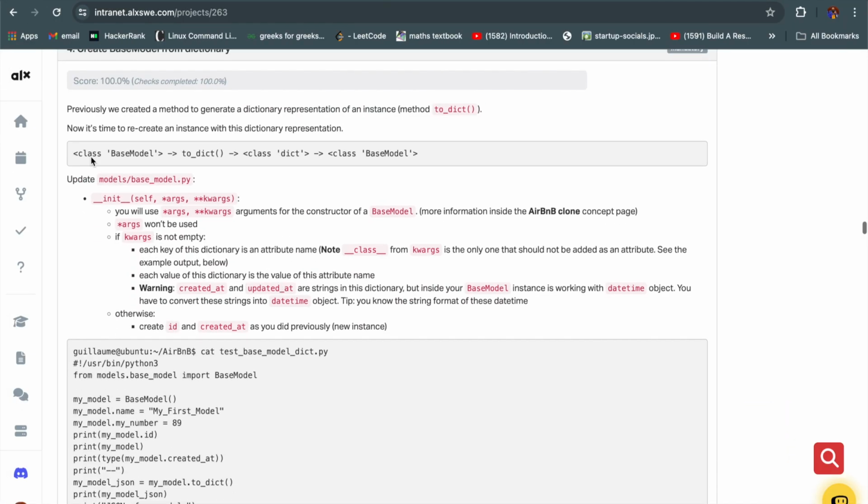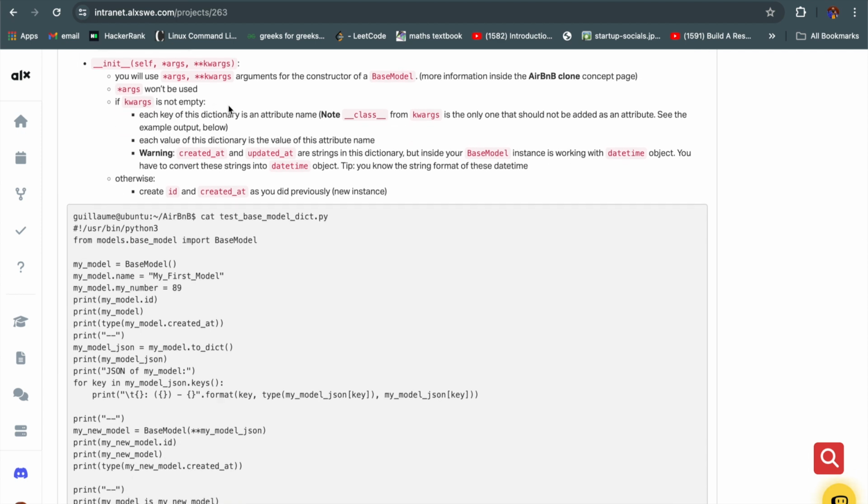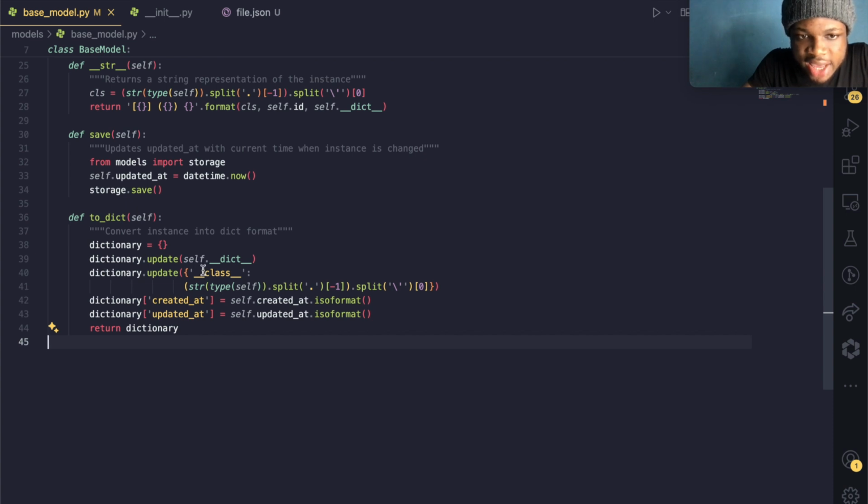So now it says, now it's time to create an instance using this dictionary representation. Can you see, class base model to dict, then recreate the class from the dict again back to base model. So that's when you request for the init with the kwargs, and you say you will use this kwargs argument for the constructor of a base model, more information, blah, blah, blah. Then you say, if kwargs is not empty, each key of this dictionary is an attribute name. Note, __class__ from kwargs is the only one that should not be added as an attribute. And what is it trying to say? Remember that over here we added a key __class__, which is this over here, to our